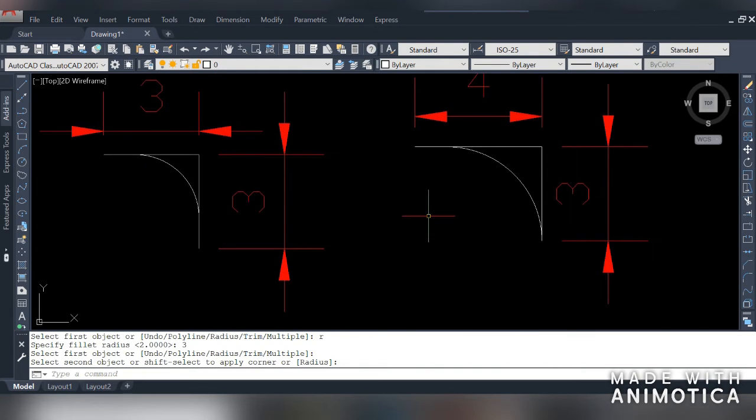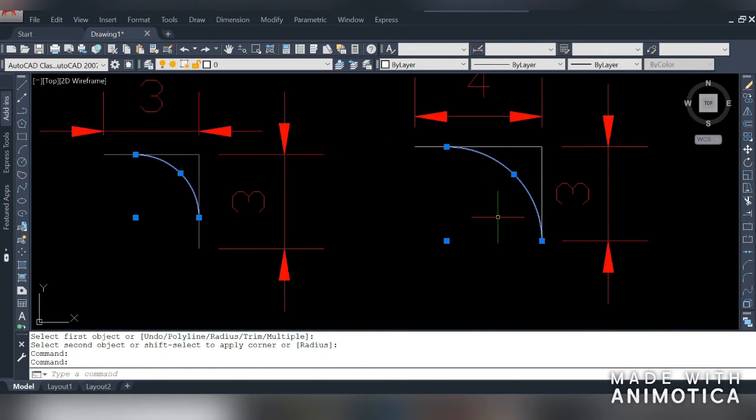You can see the fillets are created. Basically, after using fillet, we have to trim these parts. Then we have to use trim command and have to trim these parts. But we can do it while using fillet command. So let's see how to do that.